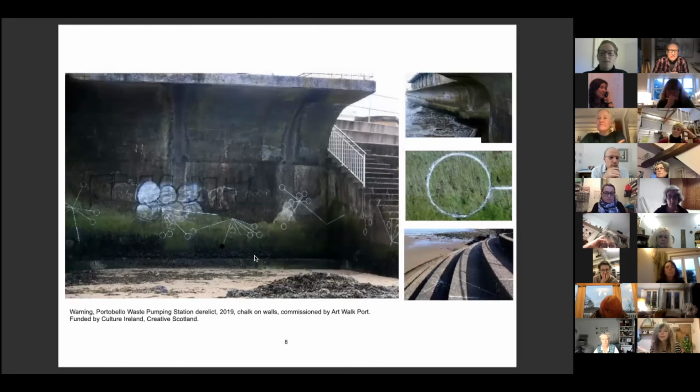Again, we have a commission in Scotland. This is a really popular beach in Portobello in Edinburgh. Lots of people swim there, but there are these groins on the beach, and I took this idea of a warning motif and used it as a sort of environmental concern around this beach, because when I did some research, people should not be swimming on this beach. It's not fit for purpose, I guess. But just highlighting